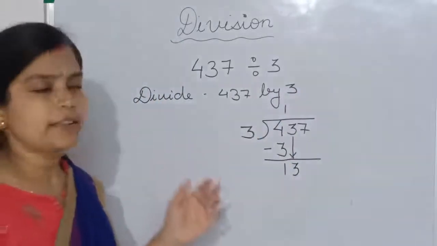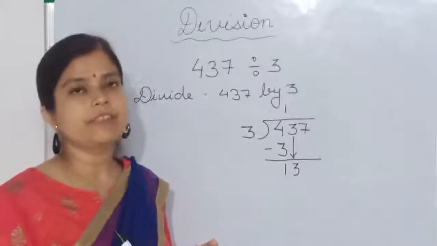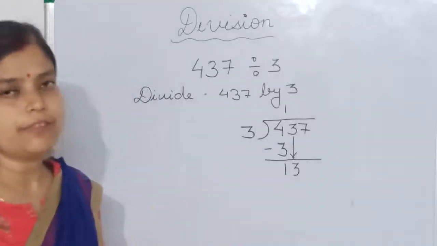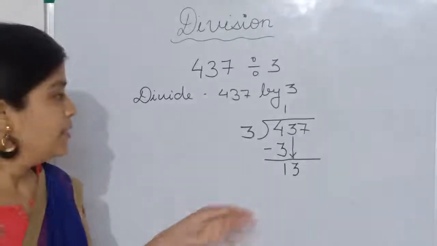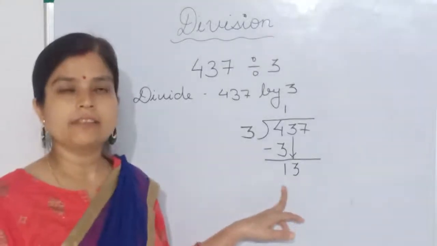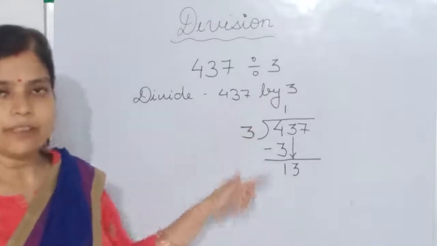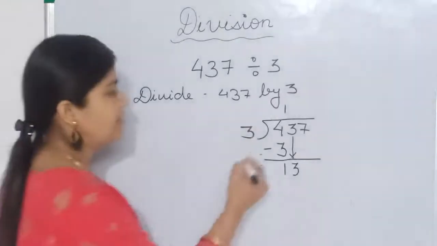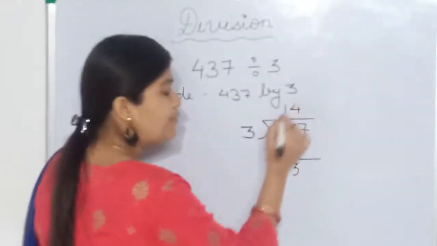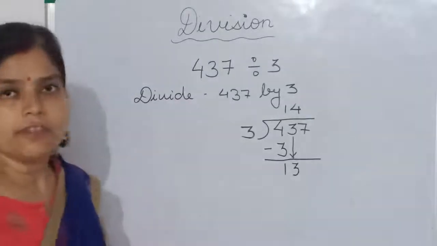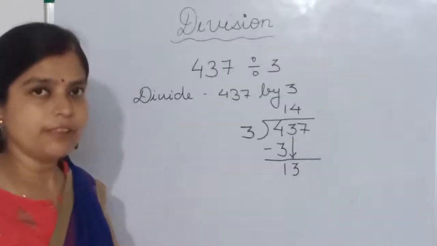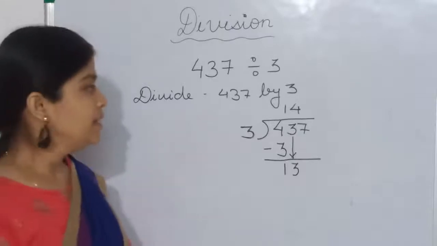So you will go like this, 3 ones are 3, 3 twos are 6, 3 threes are 9, 3 fours are 12, 3 fives are 15. 15 is greater than 13. So I will go for 3 fours only. Okay. 3 fours are 12, which will be less. If you will use this pattern, you will never make mistakes. Otherwise, children used to do silly mistakes.